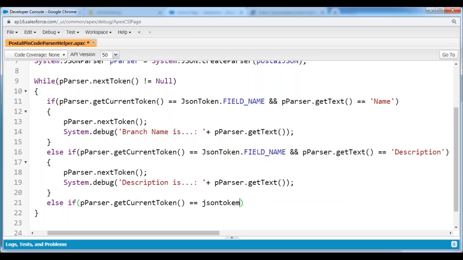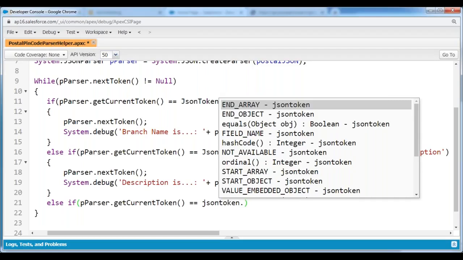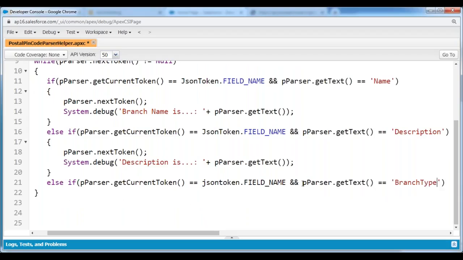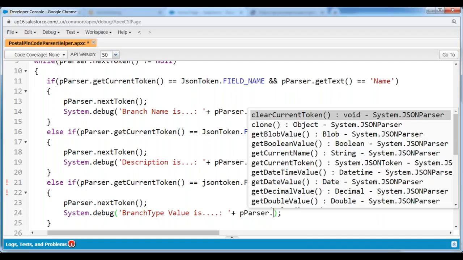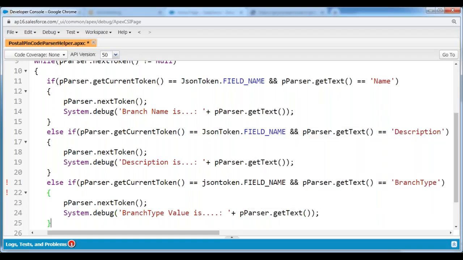If parser.getText is equal to branch type, then to collect the value I move the cursor to the next token and get that branch type value. System.debug, 'branch type value is', I would like to collect parser.getText, and then else